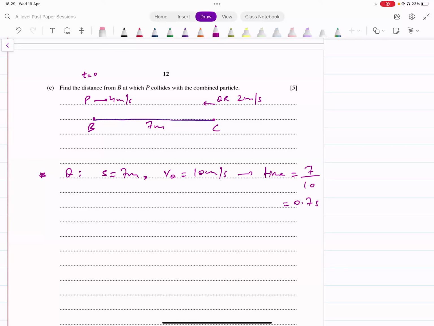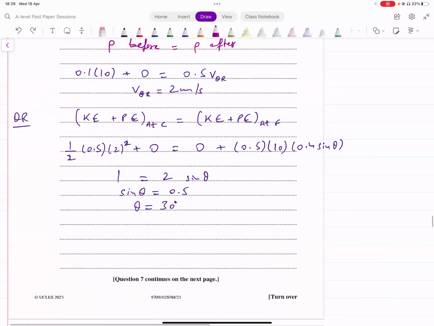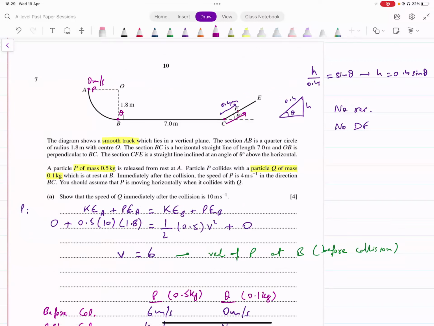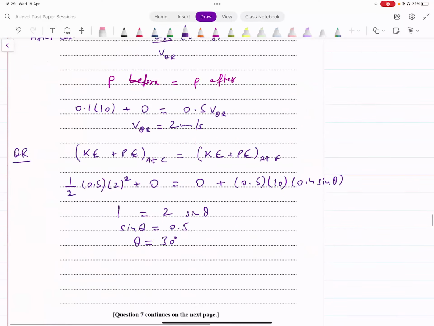क्यू को टाइम लगा बी से लेकर सी पे जाने में। तो इतने टाइम अब पी भी मूव कर चुका है ऑलरेडी इस पॉइंट तक, ठीक है। दैट्स वन थिंग दैट इज हैपनिंग, पी ने इतना टाइम ऑलरेडी मूव कर लिया हुआ है, 0.7 सेकेंड उसको गुजर चुके हैं पहले। अब इसके बाद क्या हो रहा है, ये जो कंबाइंड पार्टिकल है ये ऊपर गया है और फिर वापस नीचे भी आया है, इसमें कितना टाइम लगा है, दैट्स व्हाट वी आल्सो हैव टू फिगर आउट, ठीक है।